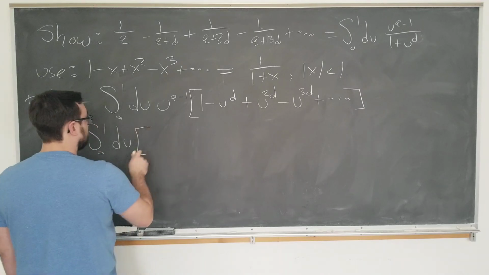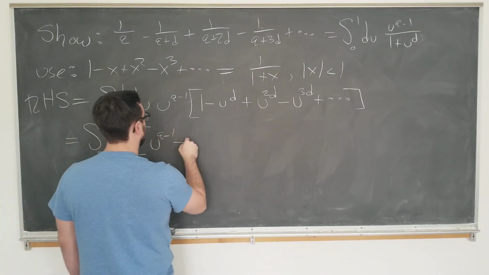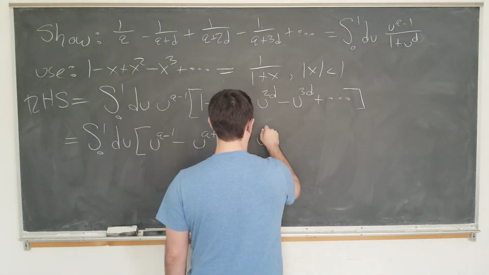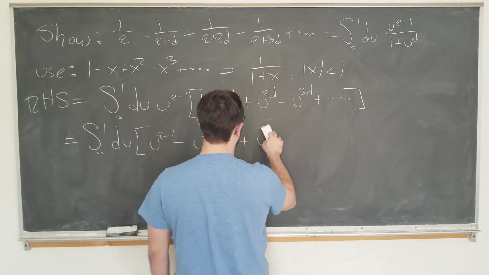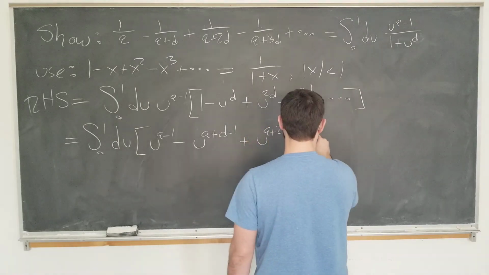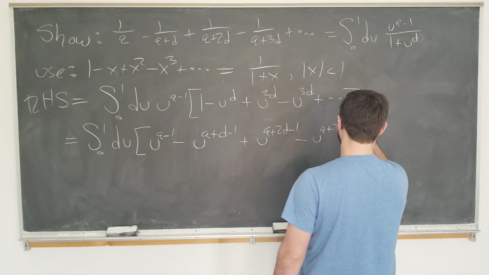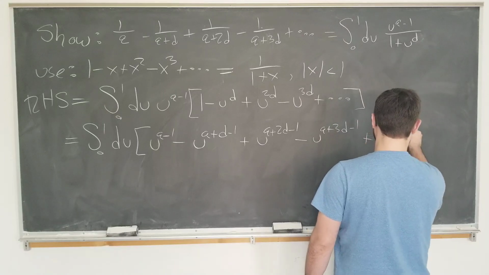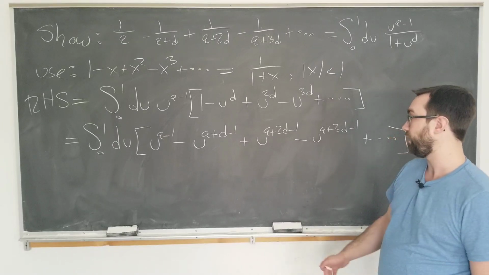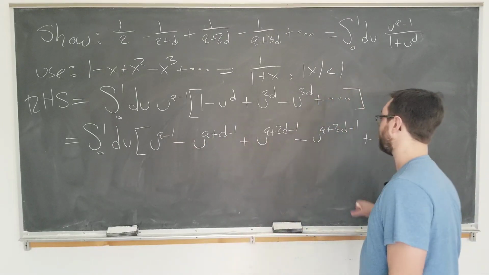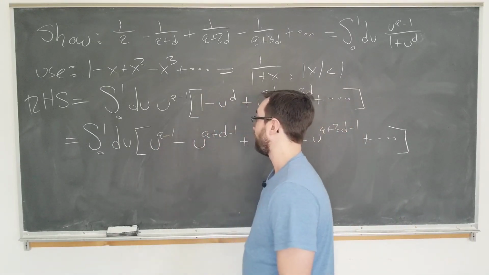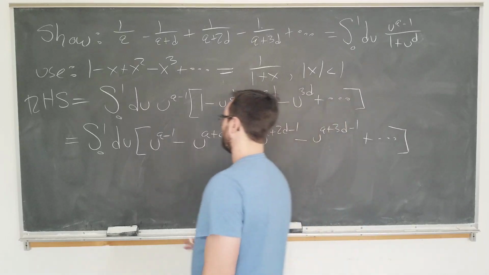We get, integrating, u to the a minus 1 minus u to the a plus d minus 1 plus u to the a plus 2d minus 1 minus u to the a plus 3d minus 1 plus higher order terms again. And this is something that we know how to integrate. We see that there are minus 1s attached to each power. So when we integrate it, we're going to add 1 to the power and then divide by the thing that's left, the coefficient. So it just becomes